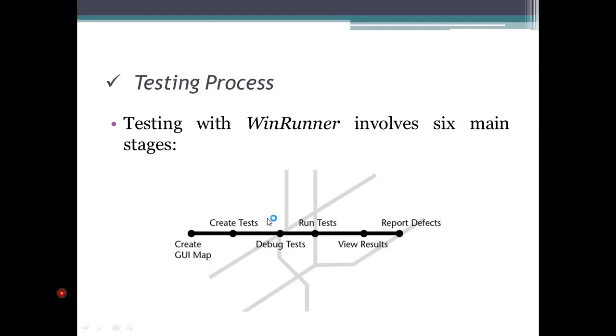For example, let me show you another example. In this example, I took another application which is visualizing the sorting algorithms.